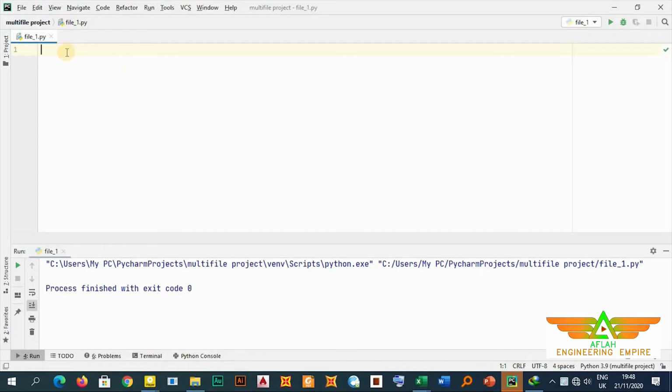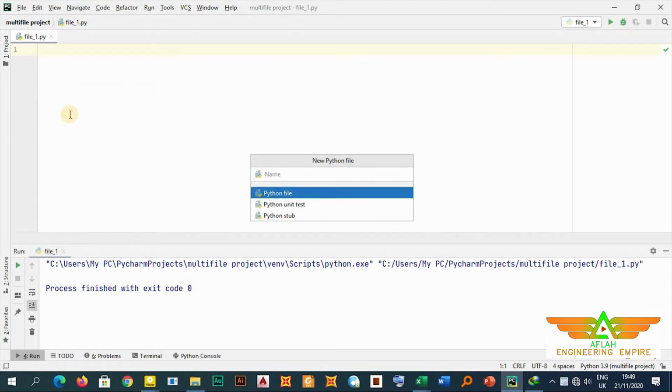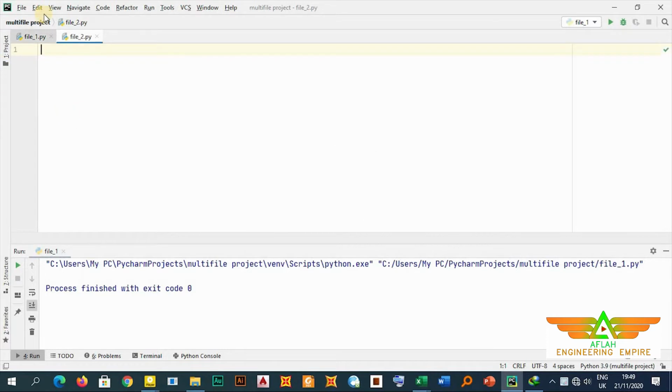So I have created this Python file. I call it file1. Let me create the second Python file. I will call it file_2. So here I will have these two files. Let me create the basic Tkinter window creating code. I'll say from Tkinter import everything. Let me create the first instance of the window, window1 equals Tk,